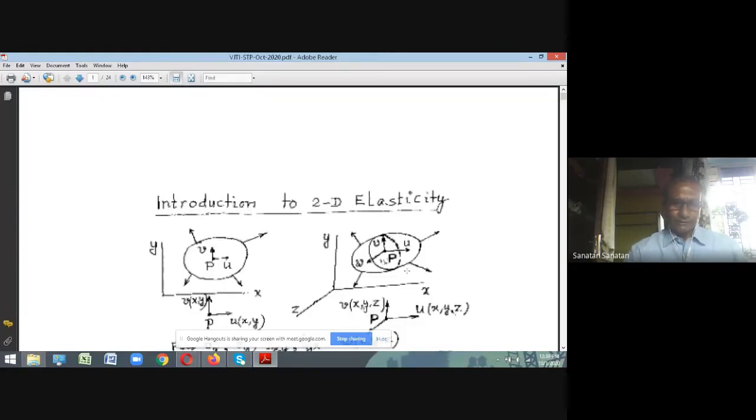So at every point, you have displacement. The x displacement is represented as u, which is a function of x and y. Similarly, the y displacement is v, which is a function of x and y. So these are two displacement functions. If you write your equations in terms of these displacement functions, your static indeterminacy